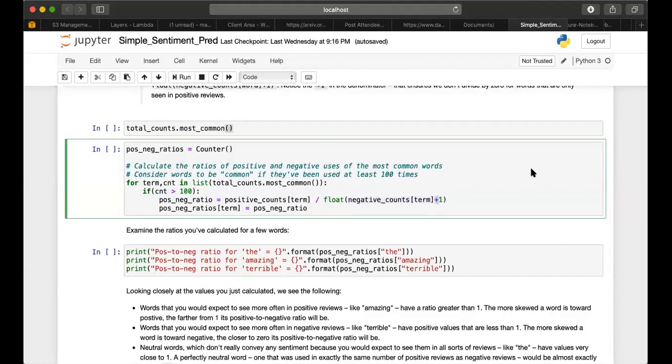Like I've forgotten the name, Ademola said, right? We are adding the one in case we have 0 in this negative column, to as much as possible reduce errors. So now, when we get the ratio, we are saving this ratio in this dictionary or counter that we created above. So this will contain the ratios of all the relevant words, that's words that have a count greater than 100. This dictionary will contain all those words and the ratio we have defined here, right?